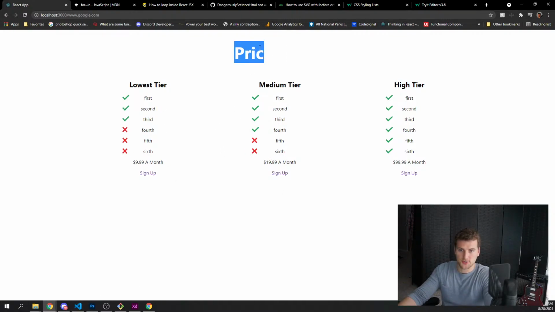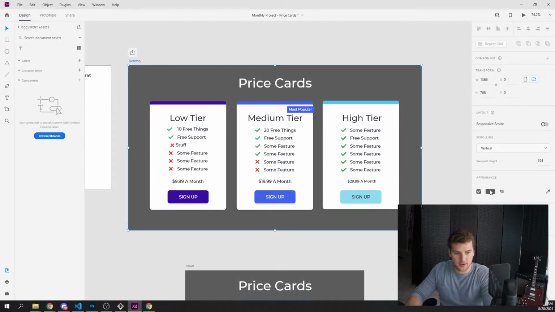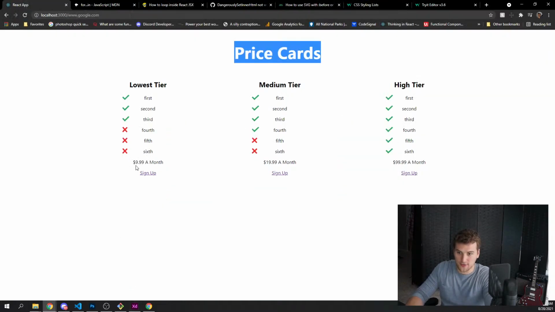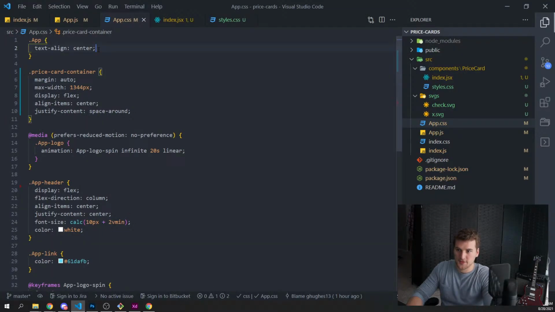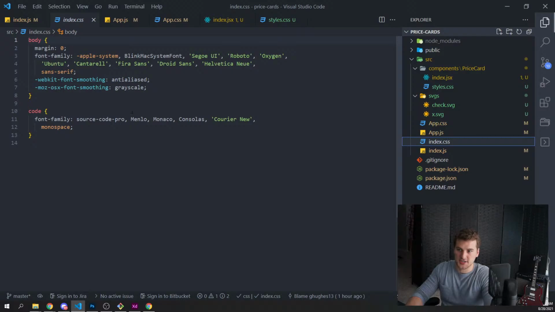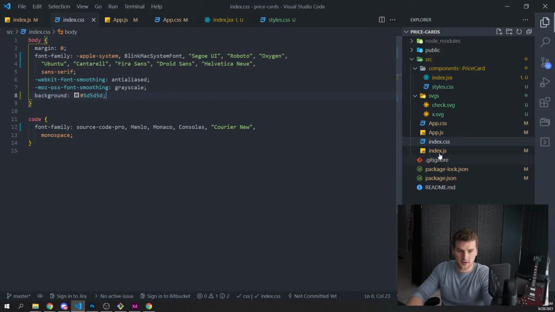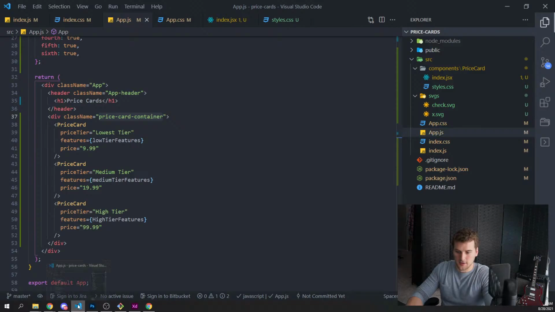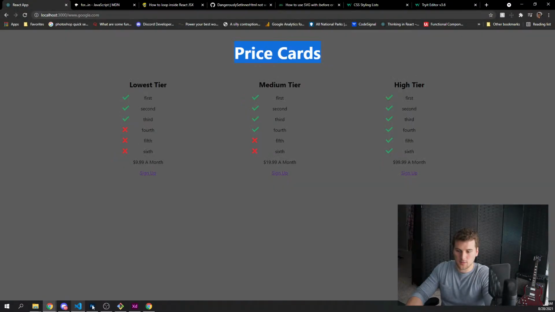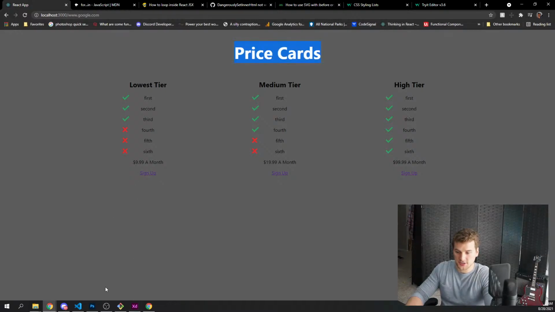Sweet, so we're making progress. Where's our H1 there? That needs to be, what color is this going to be? White. We need the background to be this. So now we're doing CSS, and this is going to be way easier. Let's do index and then index CSS. We're targeting the body there. So we'll say background is that color. And then our price cards, those should still be, oh, the price card background is going to be white. Okay, cool.